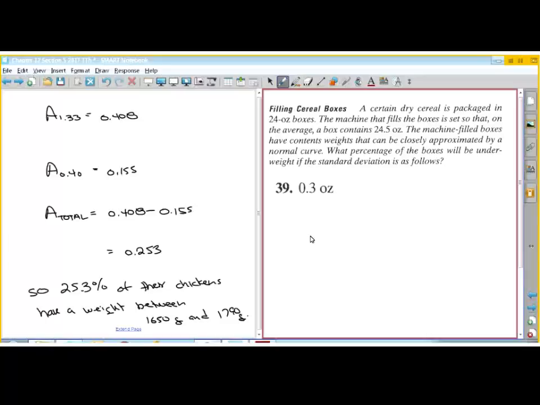Okay. The last practical example here is a cereal box, and it's in 24-ounce boxes. The machine that fills the boxes is set so that on average the box contains 24.5 ounces. The machine-filled boxes have contents weights that can be closely approximated by a normal curve. What percentage of the boxes will be underweight if the standard deviation is as follows? So what they're going to do is